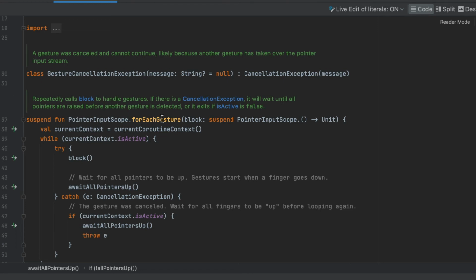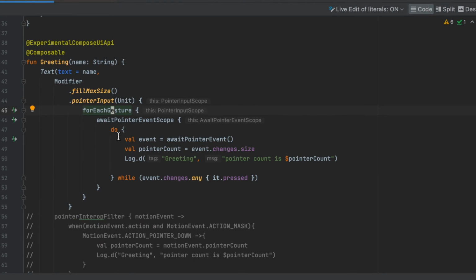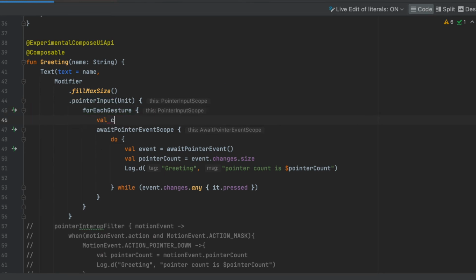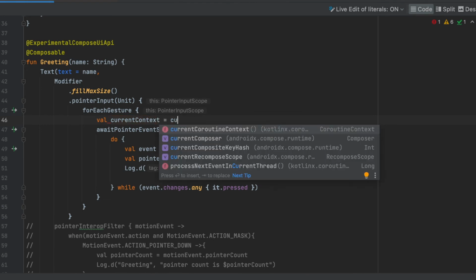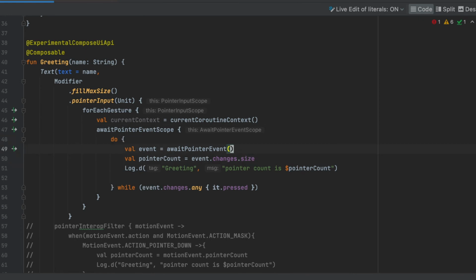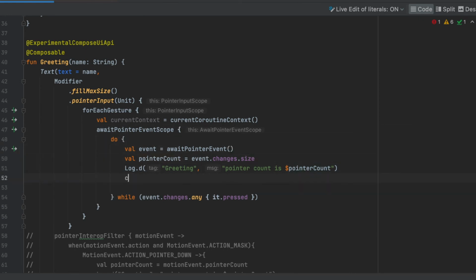This is forEachGesture, of course. It also states the exit if isActive is false, so I can cancel the gesture. I can get the current context, the same code they had in forEachGesture. And pretty much I can just cancel